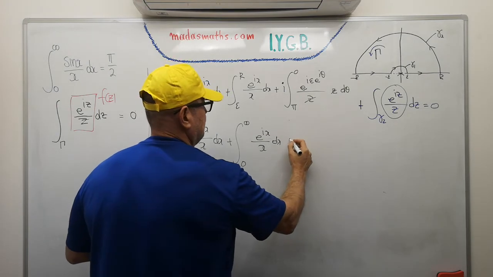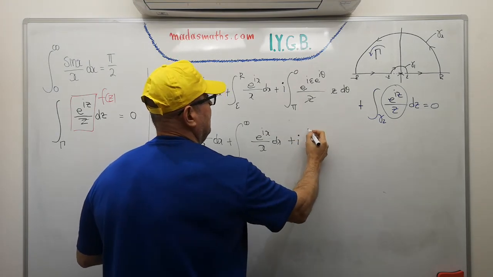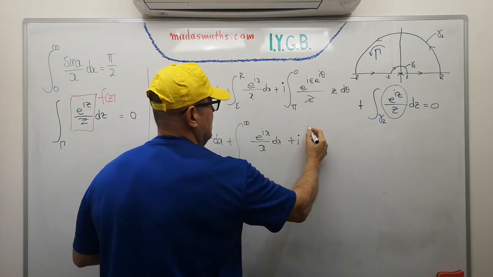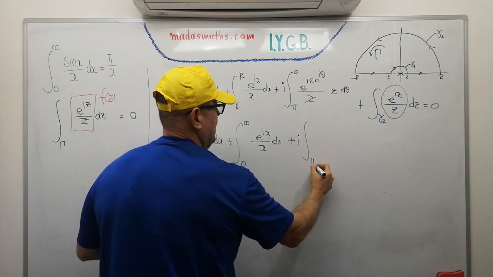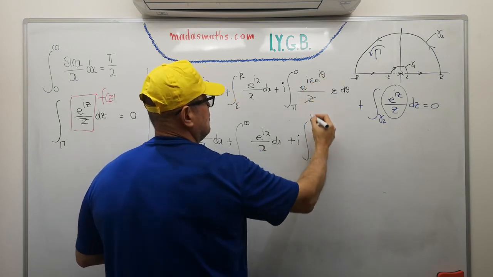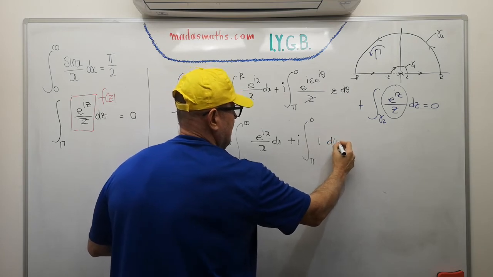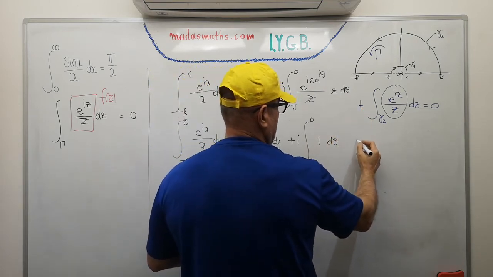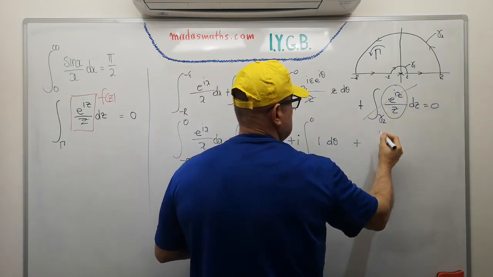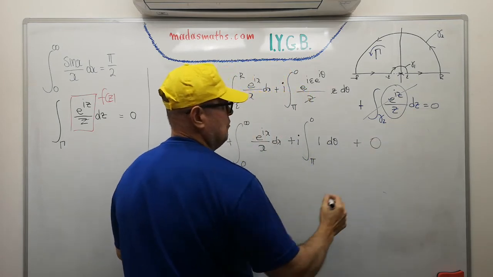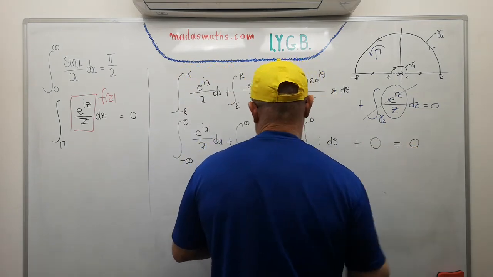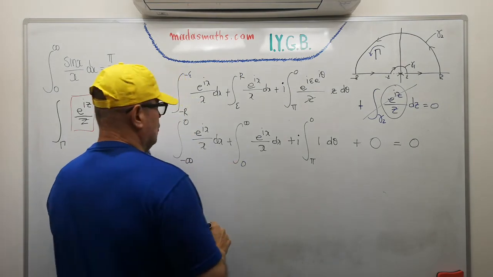This one we're going to have plus i, and as epsilon goes to 0, we're going to get the integral from pi to 0 of e to the 0, which is 1, d theta, and this last term vanishes by Jordan's lemma as r goes to infinity,